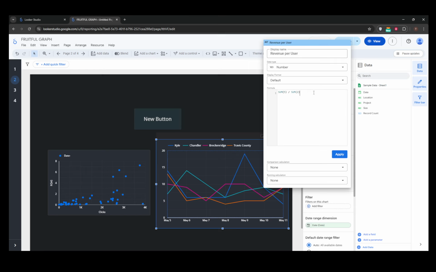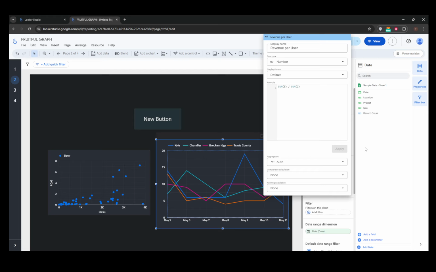Your custom field will now appear in your field list, identified with a blue icon, and it's ready to be used in your analysis. By following these steps, you'll be able to leverage Looker Studio's powerful calculated fields and create more